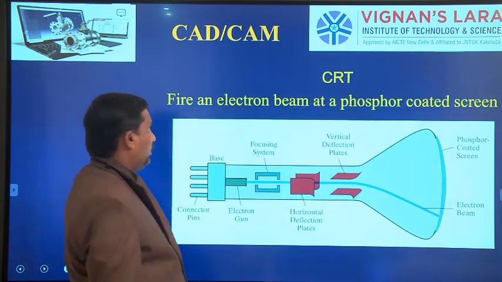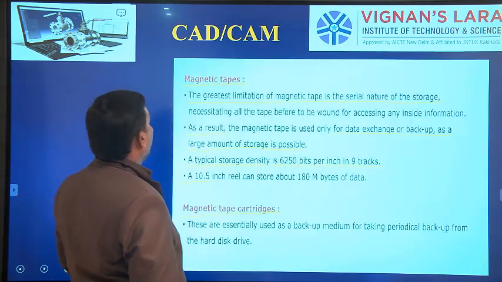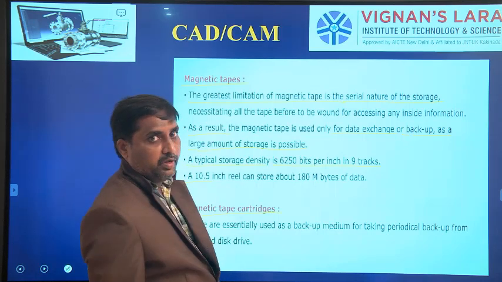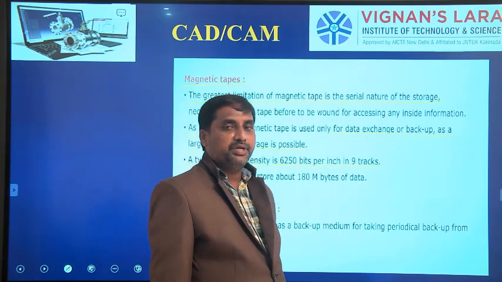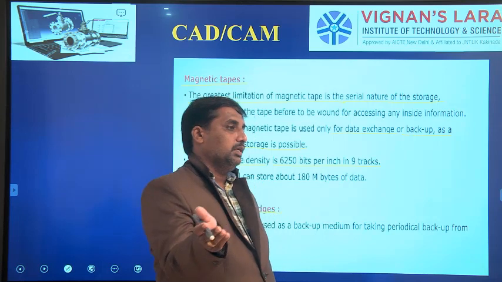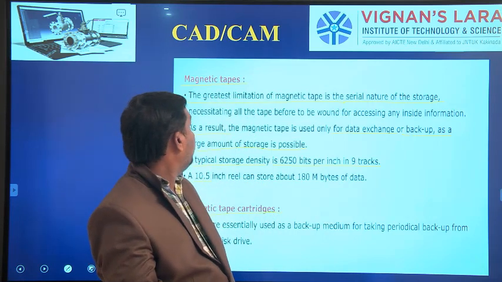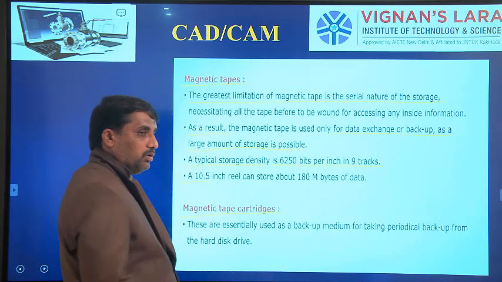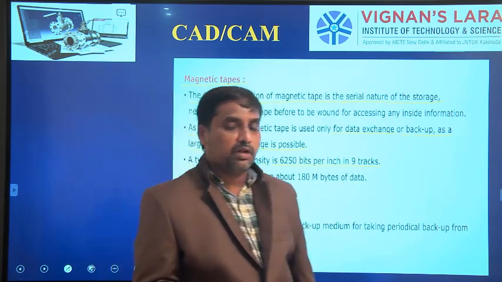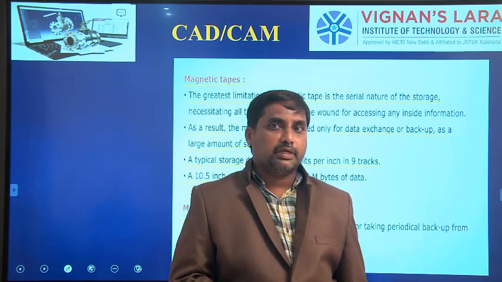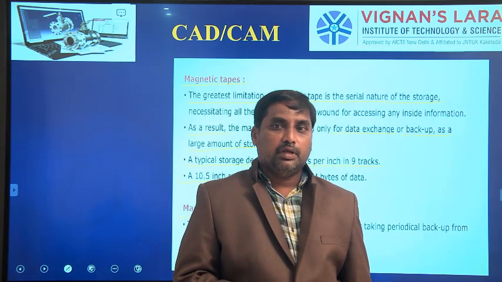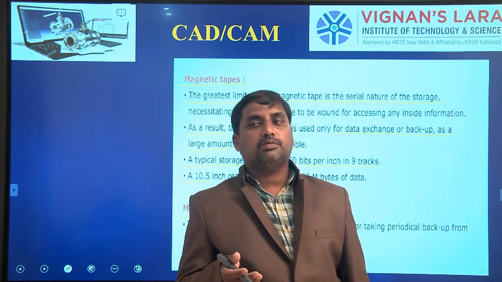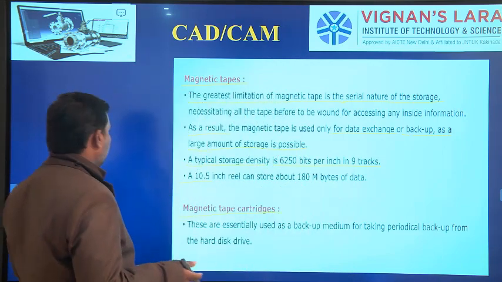So these are the storage devices we have learned. The first one is floppy disk. The second one is Winchester disk, next one magnetic tapes and magnetic cassettes. Some more storage mediums are also there. We can deal with them whenever they come. Coming to the pictures in the syllabus, we can deal with those things also. These are the basic things.